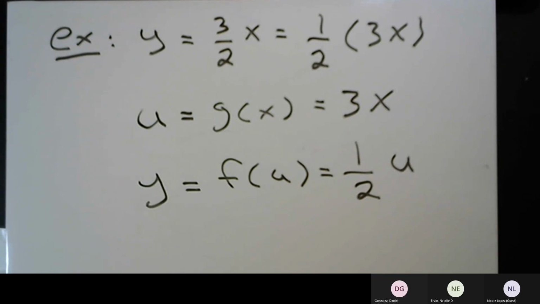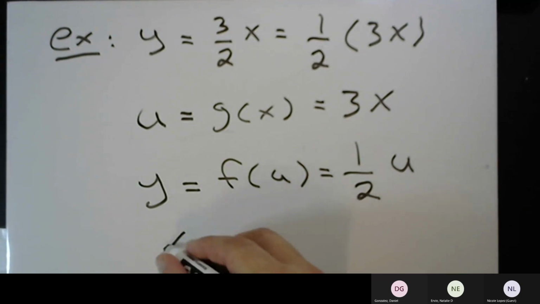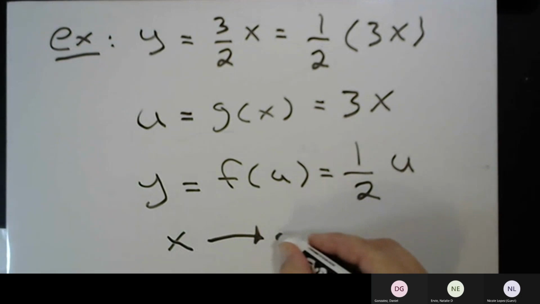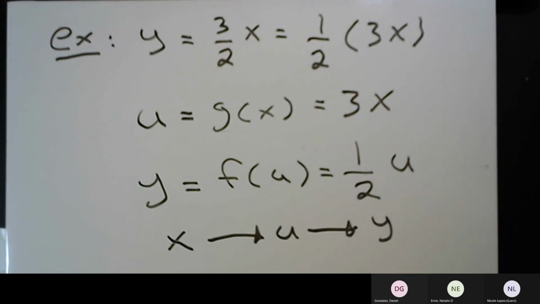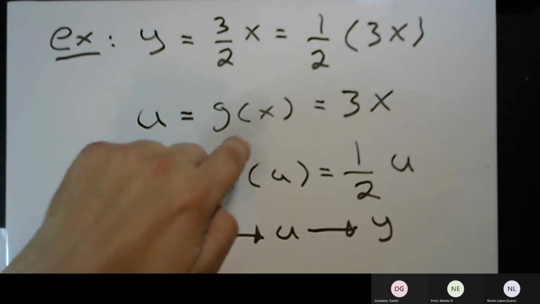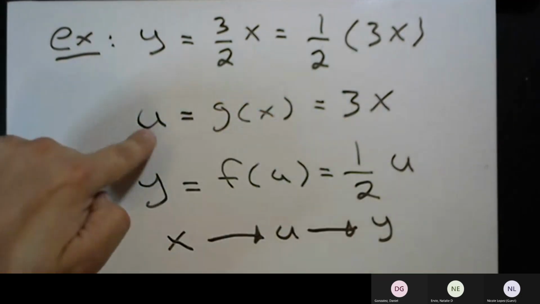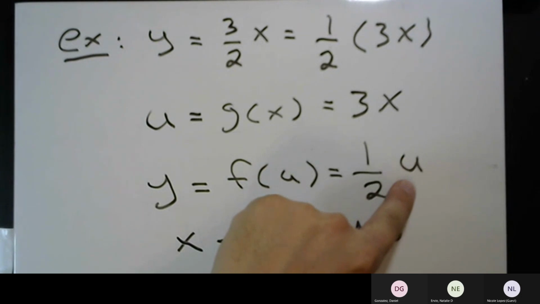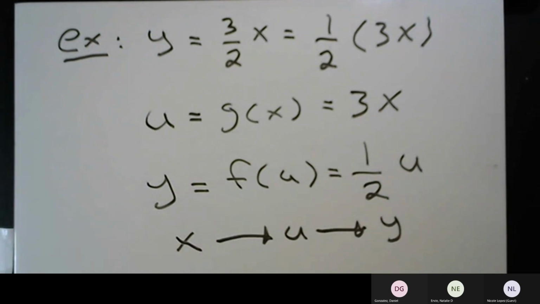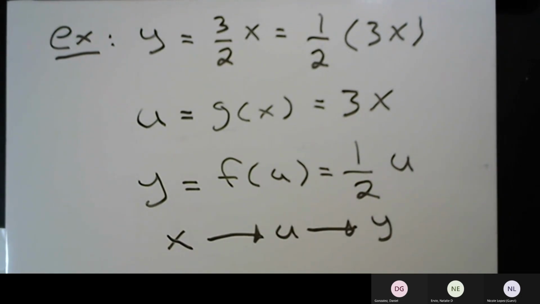What we're going to try to figure out is dy dx. So we've taken x, which became a u, which became a y. x goes in here and becomes a u, then we take this u and convert it into a y. To come up with the derivative, dy dx,